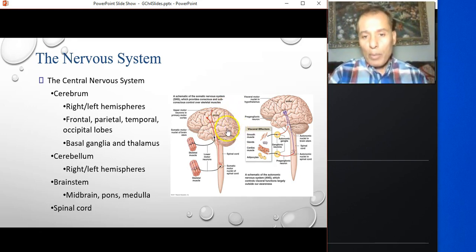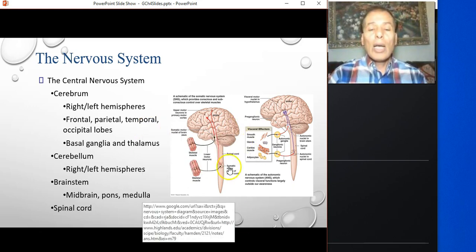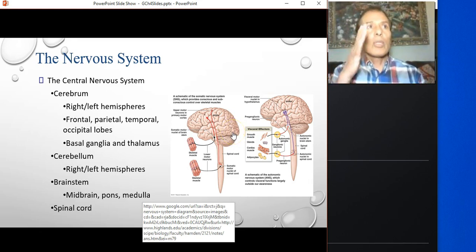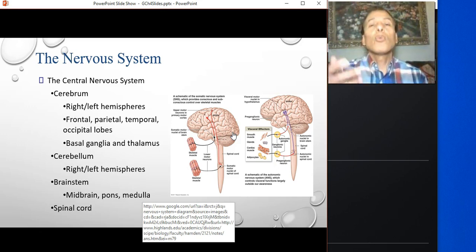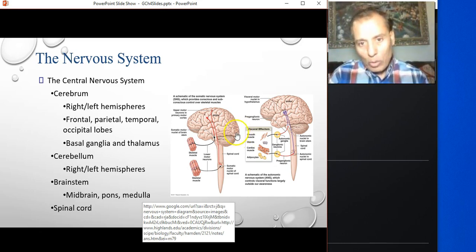And then the back here is called the occipital lobe, because it is covered by the occipital bone. The function of this lobe is vision, visual processing, and visual memory. So it receives images from the eyes, connected directly to the eyes, and it also enables you to move your eyes left and right, up and down, at an angle, and so on. And to process visual images, and to give you the different senses that have to do with vision. Vision has more than one sense, but we don't get into them now.